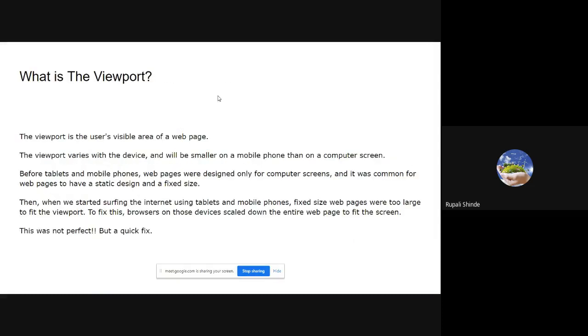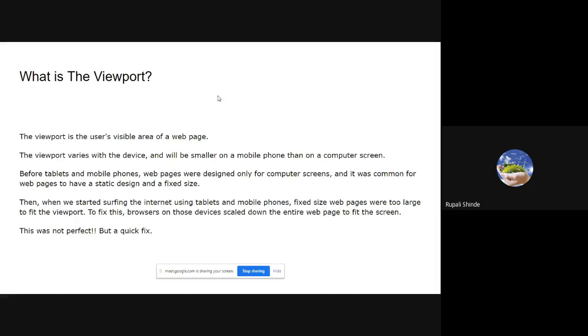Now the next part is the viewport. It is an important term which we require to develop RWD. The viewport is the user-visible area of a web page. It indicates which screen we are going to use to display that particular web page. The viewport varies with the device and will be smaller on a mobile phone than on a computer screen.